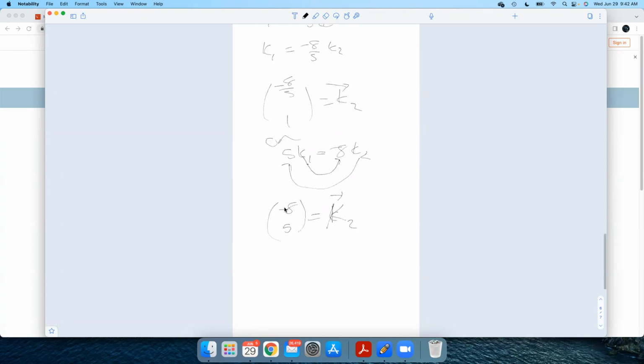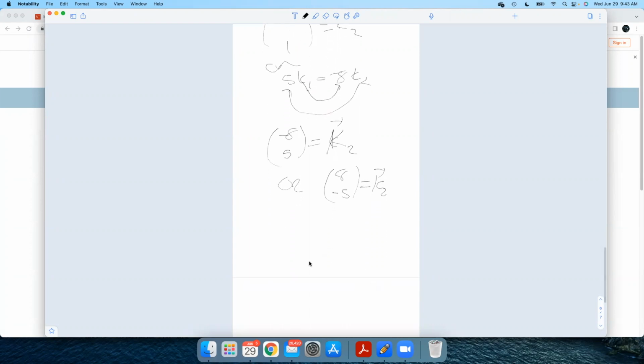Or maybe I want to put the negative on the bottom. Or I could do this. Once we solve the initial value conditions, all these different ways I could write these eigenvectors, it'll all wash out in the end. It doesn't matter. We'll still get the same initial value solution. So any multiple of an eigenvector is still an eigenvector. I can make this 80 over negative 50, still work. All right, then